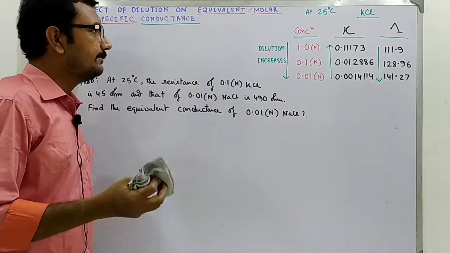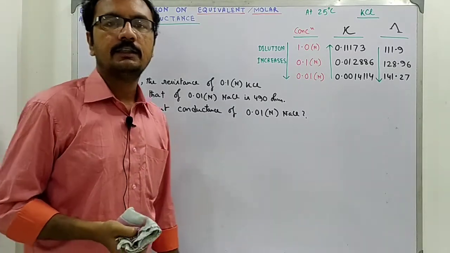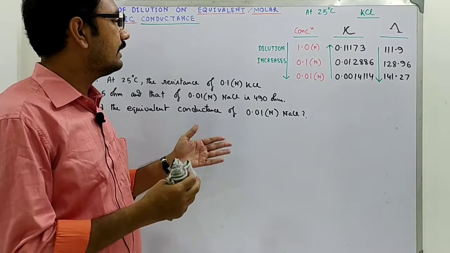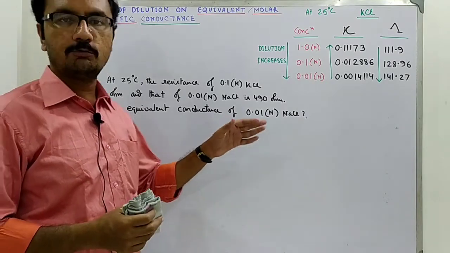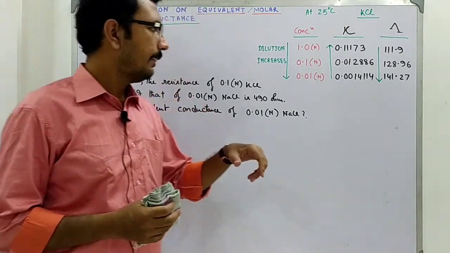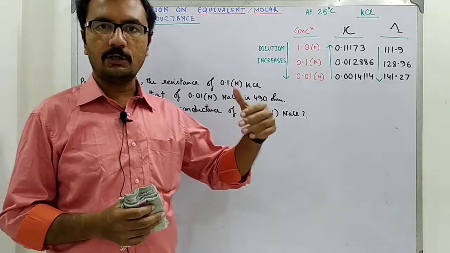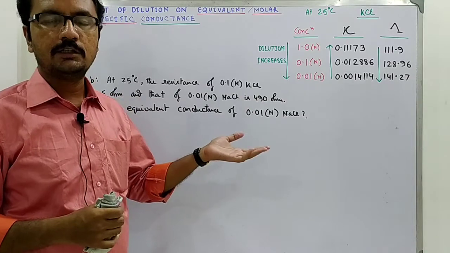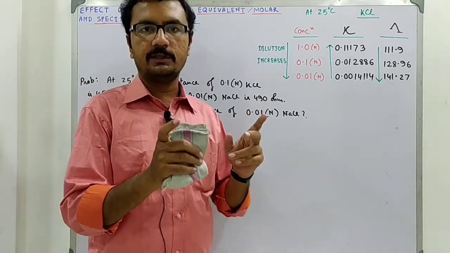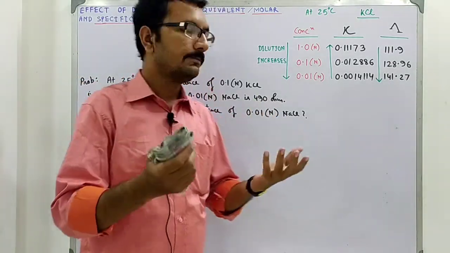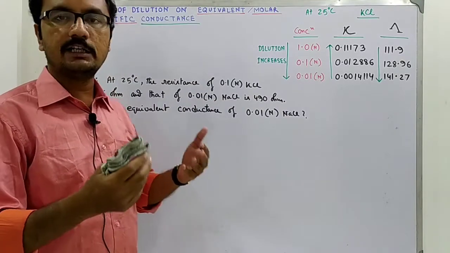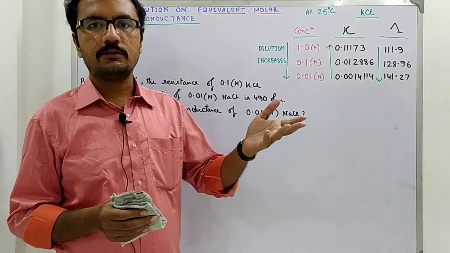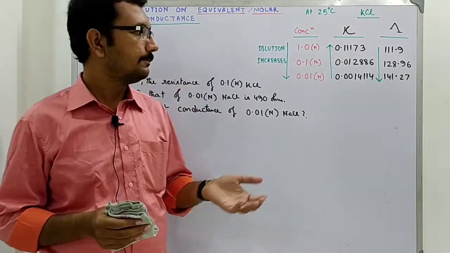We were continuing the chapter electrochemistry, and in the previous lecture I discussed equivalent conductance and molar conductance, you can remember. In the comment section of that lecture I gave you a problem. If you can solve that problem, then you will be satisfied that your understanding is clear regarding how to determine equivalent conductance or specific conductance.